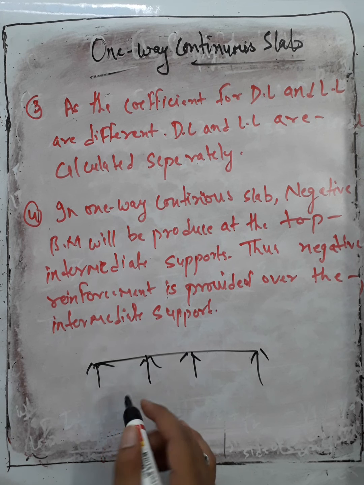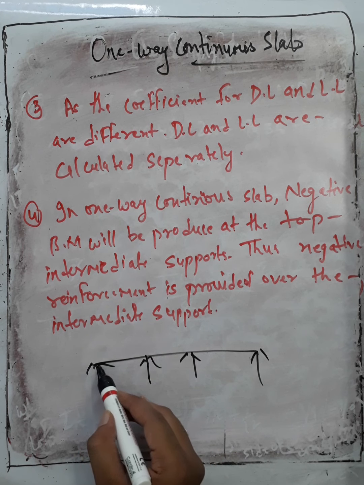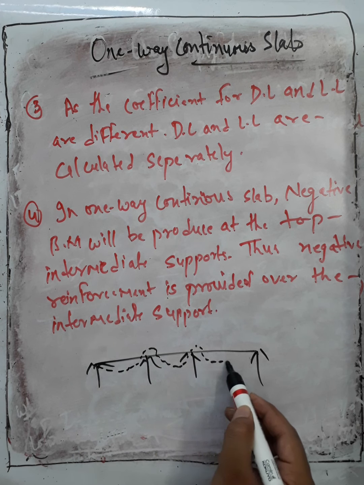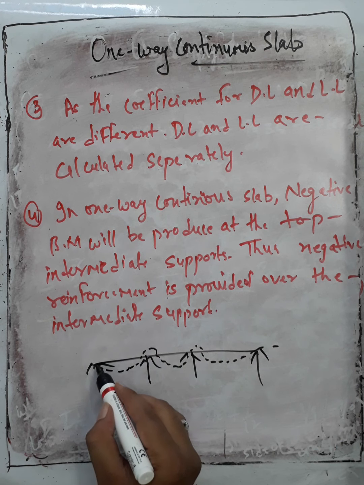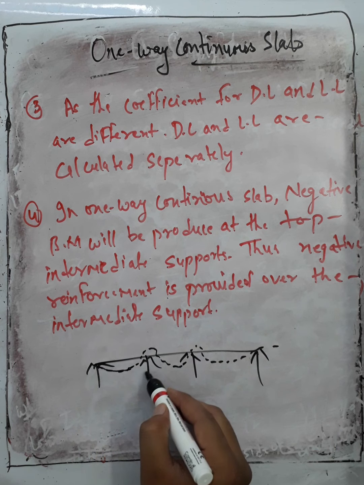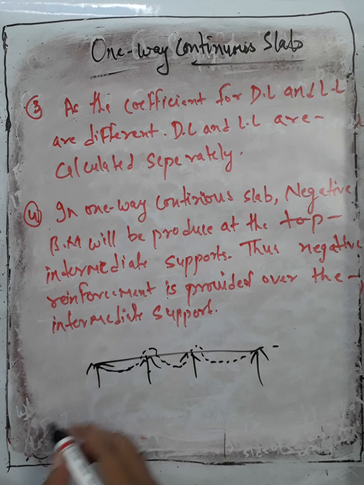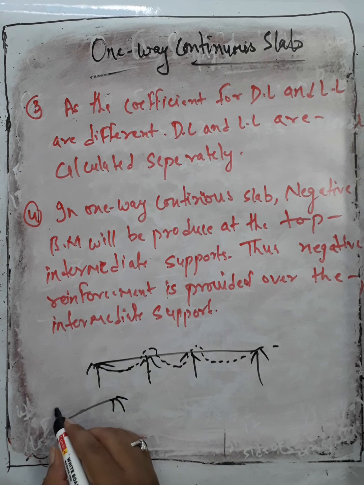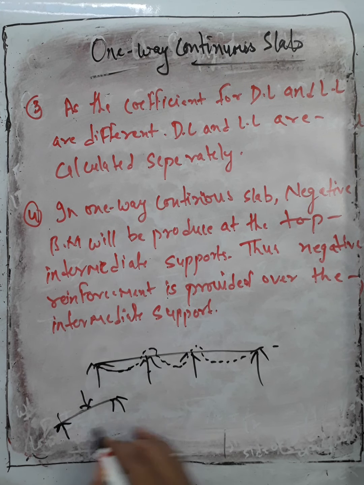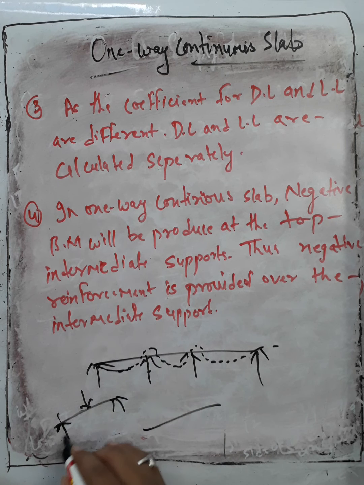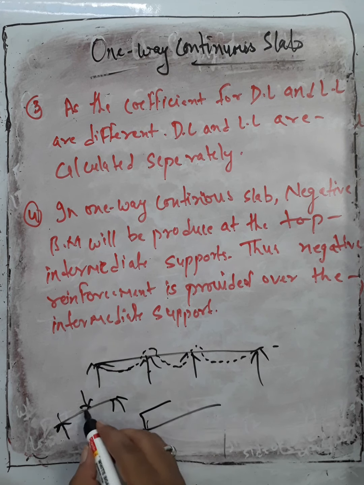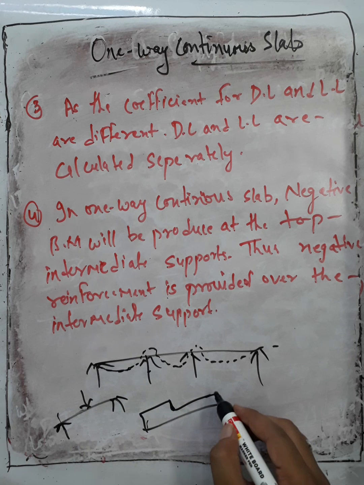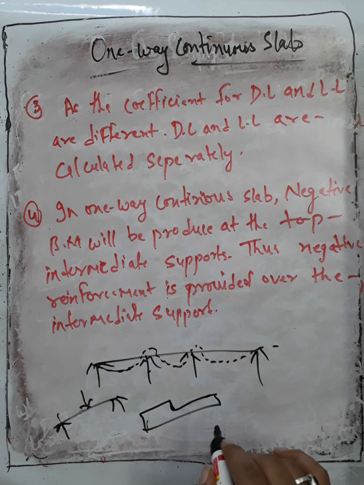Okay, so in a one way continuous slab, if you draw a deflection curve, it is drawn like that, and so on. Means from here we go downwards, and at that support it goes upward, because if we find the shear force and bending moment, if this part goes upward, then here we have some load. So if I want to draw the shear force diagram, this beam goes up and up to that point, constant, and here it falls downward, so this point is this slope and this is constant, and this one is again up like that.